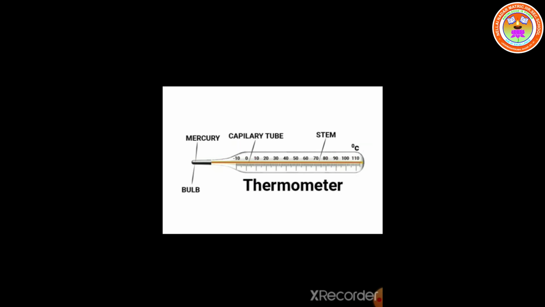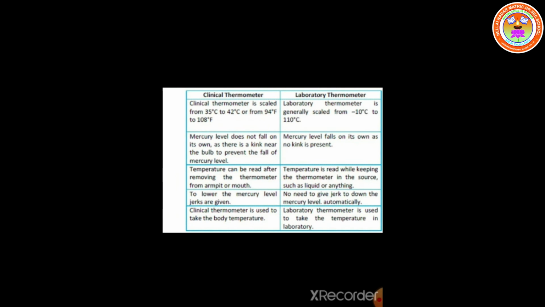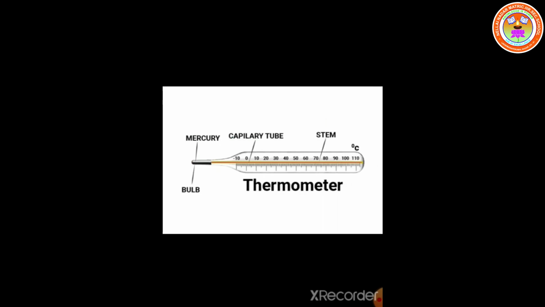What are the precautions to be followed while using a laboratory thermometer? Do not tilt the thermometer while measuring the temperature. Place it upright. Should not tilt. Tilt means, what is that? You should not bring it to a slanting position. That should be upright, straight. Note the reading only when the bulb has been surrounded by the substance from all sides. Okay, students.